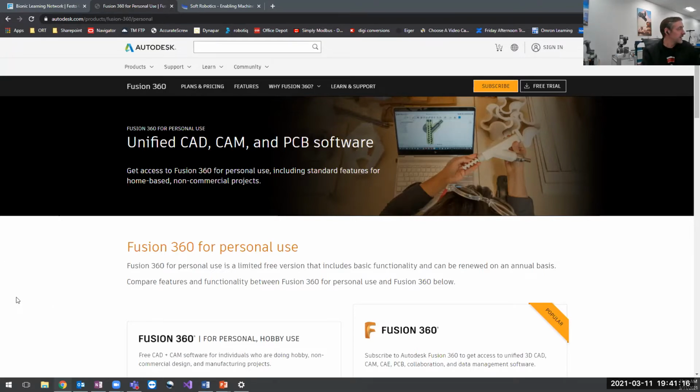But other really good options that a lot of people use and a lot of people really like is Autodesk Fusion 360. And I believe there's a free version available for that. If not, there's a student version available. If you give them your Cabrillo email, or when you get to university and have a university email address, you can often get student versions of a lot of this more expensive software, SolidWorks included. But Fusion 360 is a very popular one to start with and for hobbyists.